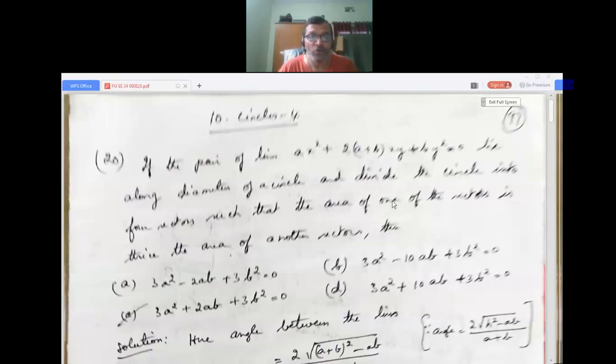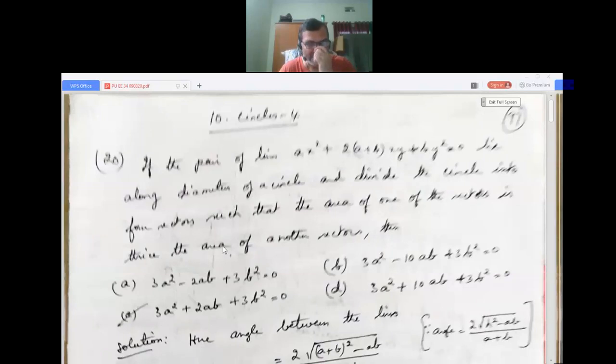In that, in the last 3 sessions I have solved nearly 19 problems, and this is the fourth session I am solving. The first problem is number 20. There is some blur in the image because of online, so you can note it down when I'm telling. You can look at the problem and make it out.